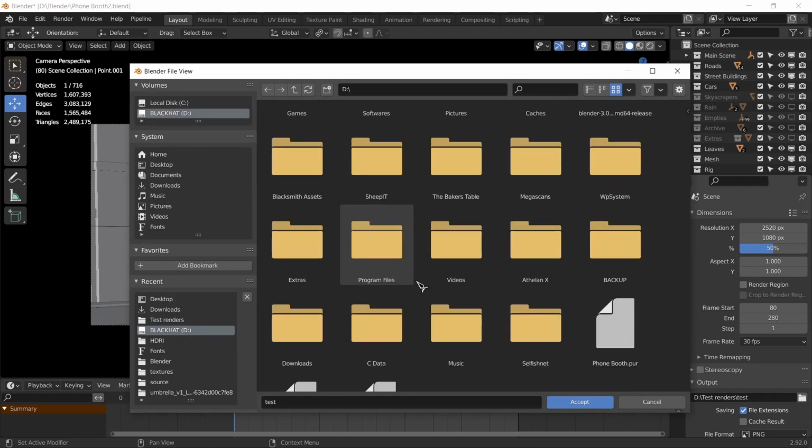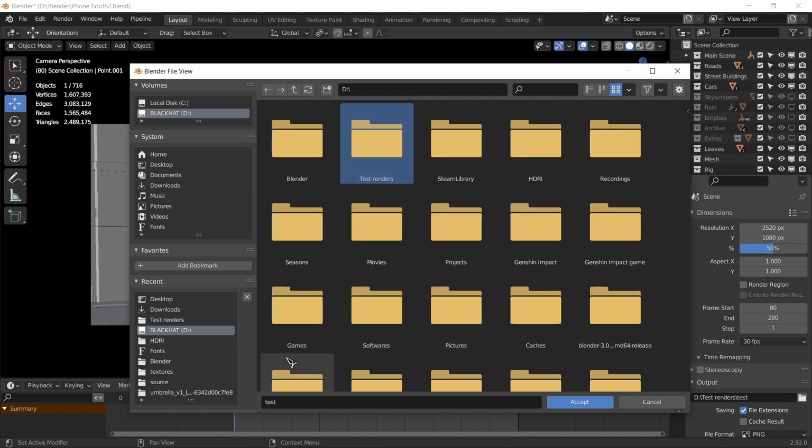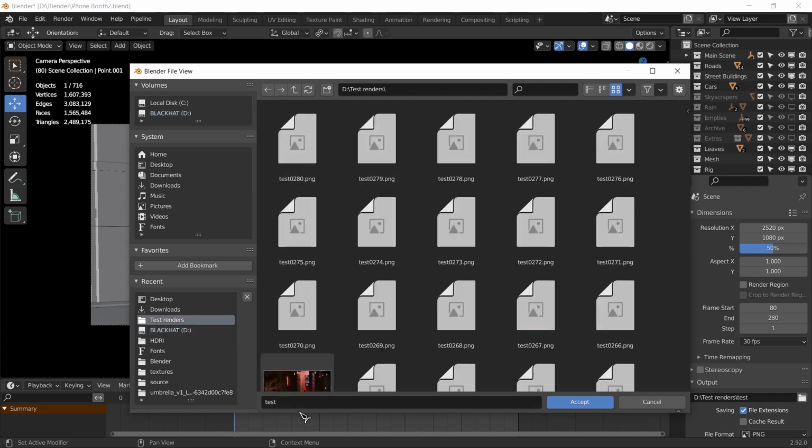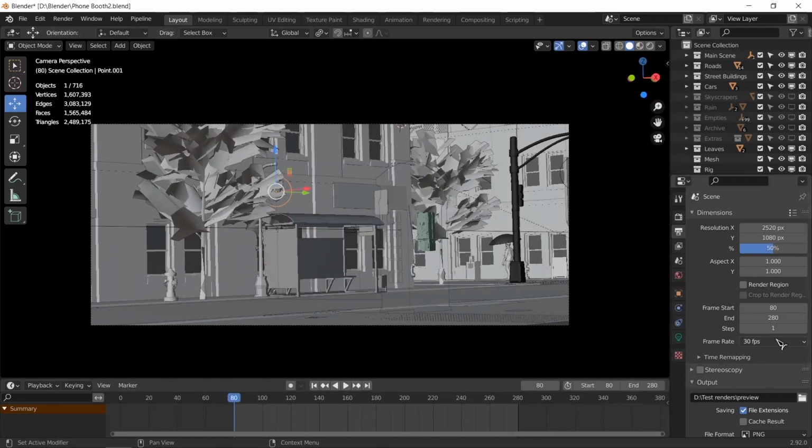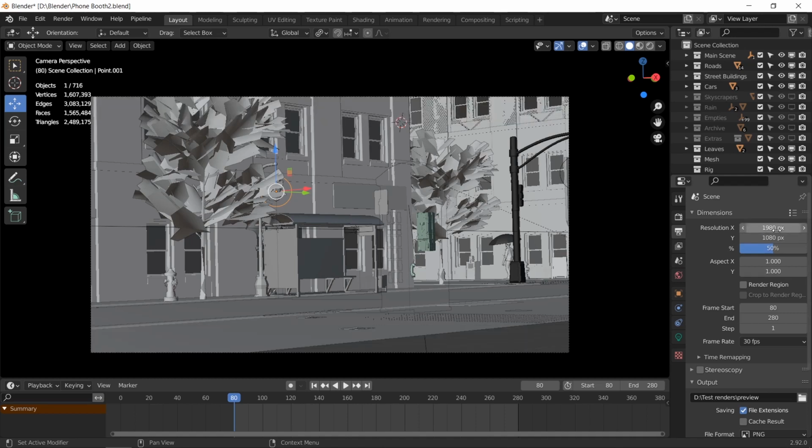First we had test renders. Let's go ahead and name it preview, accept 8200 3 frames. Now if I change this back, so 2520, if I make this back to 1980, I guess that'll widen it up. That's weird. 2520,